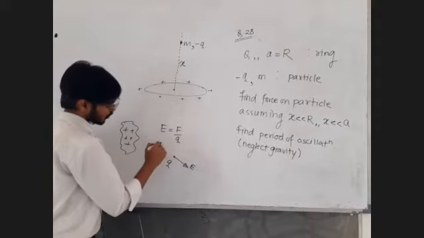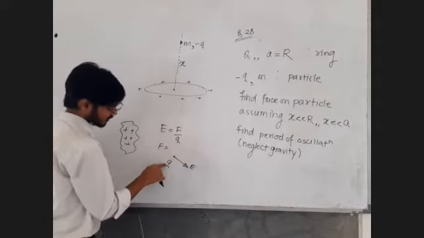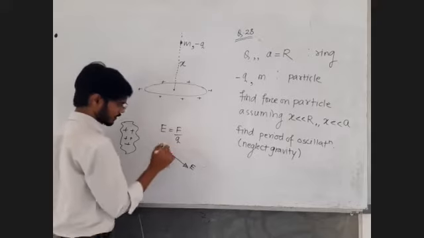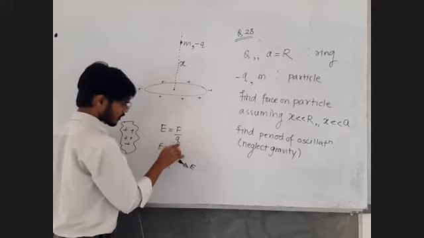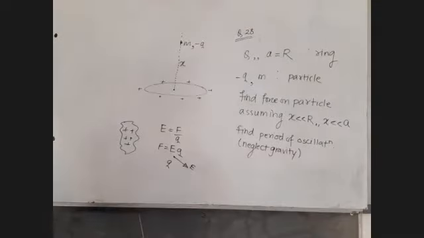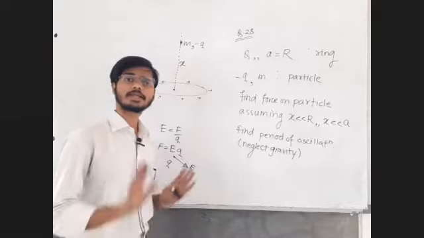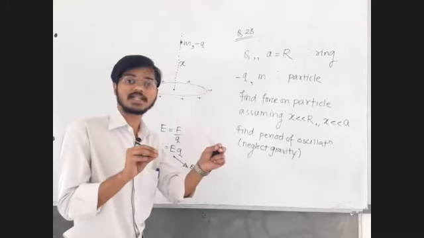Then how to find force? Very simple. To find force on this charge, find the electric field at that point. It is E into the given charge. F is equal to EQ. 1 upon 4 pi epsilon 0 Q1 Q2 upon R square, Coulomb's law, is to be used to find the force between 2 point charges.